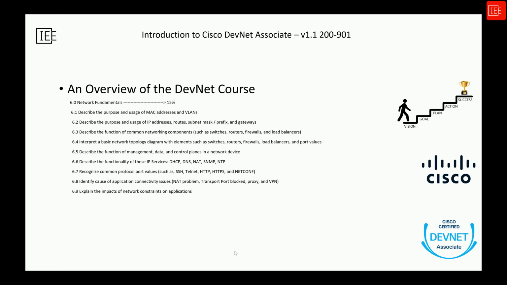Next, you will get familiar with key networking hardware like switches, routers, firewalls, and load balancers, what each one does and how they work together to keep networks running smoothly. You will also learn how to read a basic network diagram so you can visualize how these components connect in real-world setups. The section also breaks down the different planes in networking, so you will learn about the management, data, and control planes, which will help you understand how network devices handle certain tasks like configuration and forwarding traffic